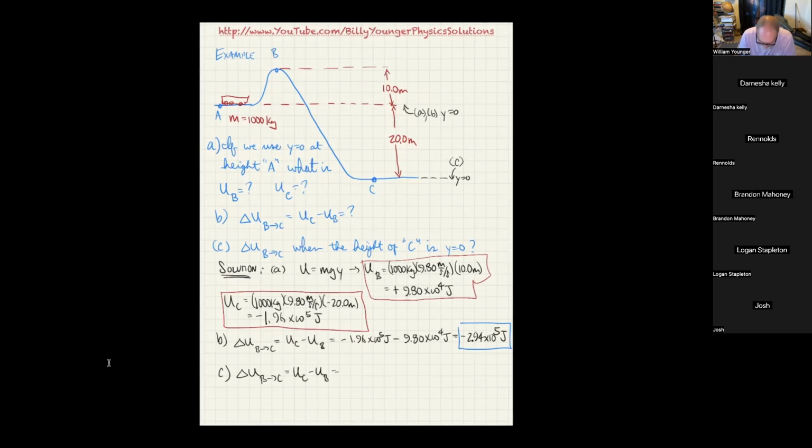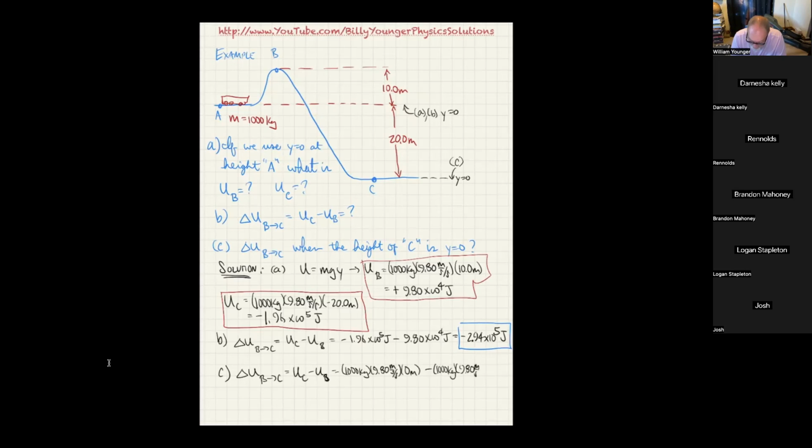Well, in this case, again, we're using U is equal to mgy, but in the case of UC, that's 1,000 kilograms times 9.80 meters per second every second times 0 meters, because that's how high C is with respect to C. Now I'm going to do minus 1,000 kilograms times